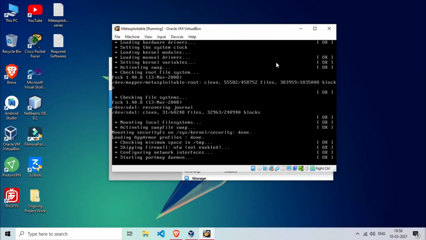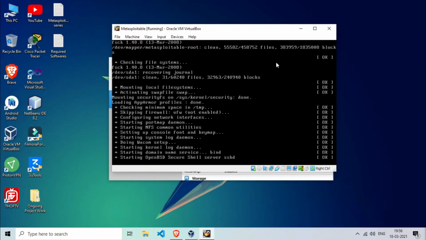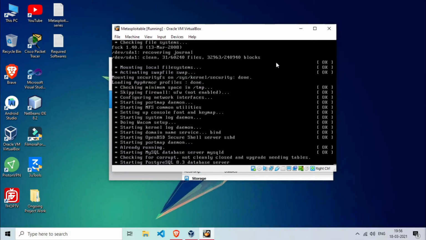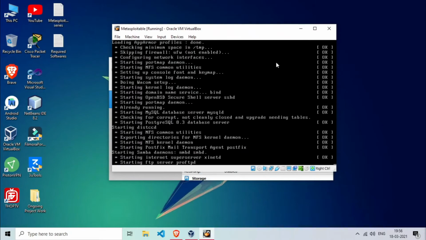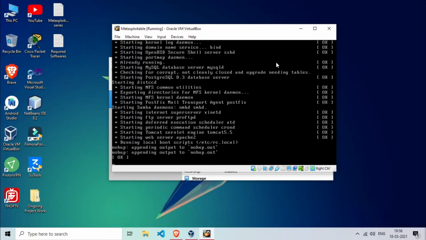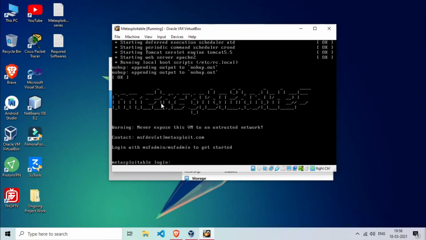It's starting up all the services, and then we will get a terminal. As soon as the boot completes, you will be asked to give the Metasploitable login ID and password. The default login ID and password for the Metasploitable machine is msfadmin.